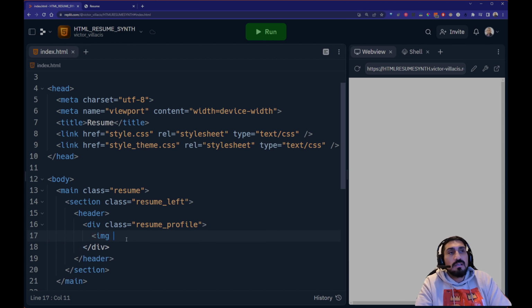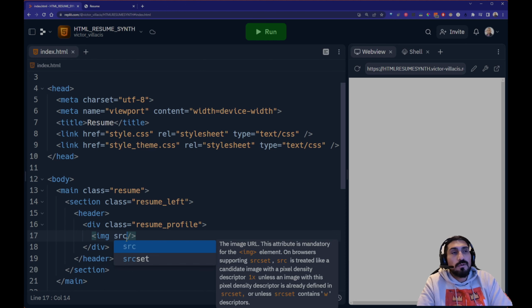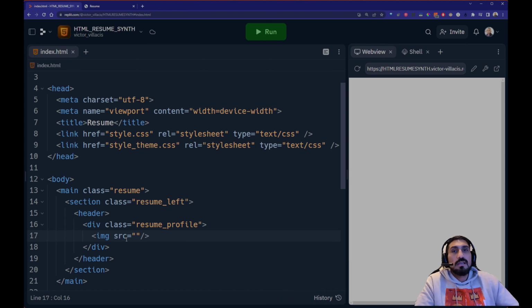So img, space, this is a self-closing tag, so we can just do / right angle bracket, meaning that it does not contain any content. It's going to have a source. This is no text. This is an image that is coming from the server from a source. We're not going to do a local image. Even if it was local, we could still do source. So src, source, and then I have the URL,